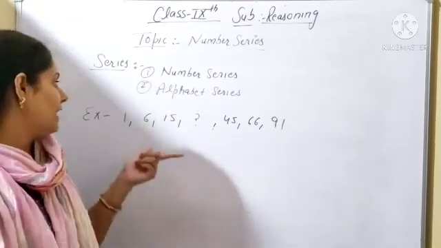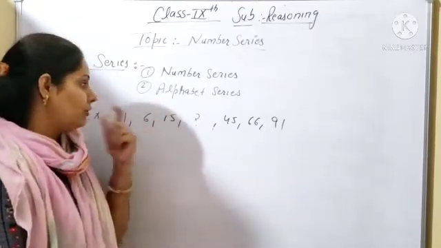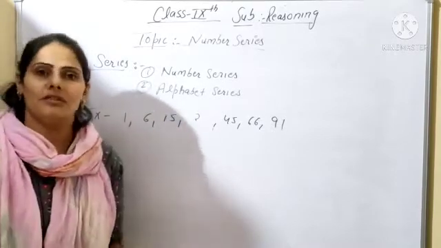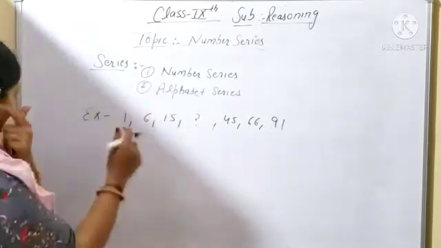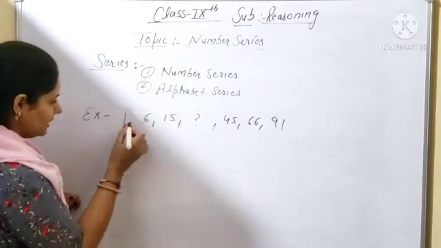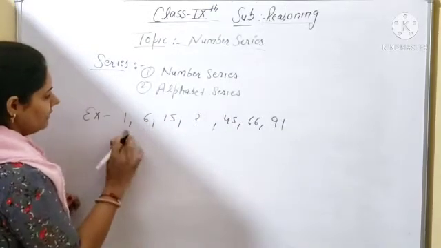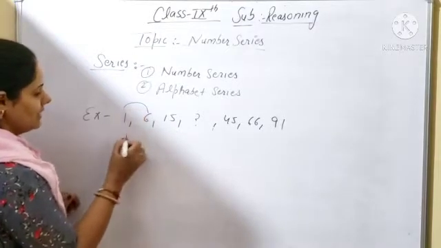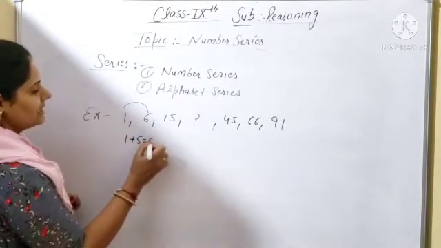You have to recognize which pattern you will follow here and what will come at the place of the question mark. So simply you can see here, beta, what are you getting? 1, 6, 15, like that. So you have to see, if you are adding in both the numbers, what is the difference? So 1 plus 5, you are getting 6.